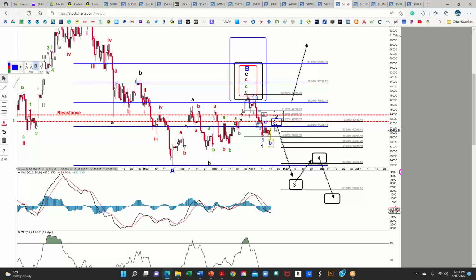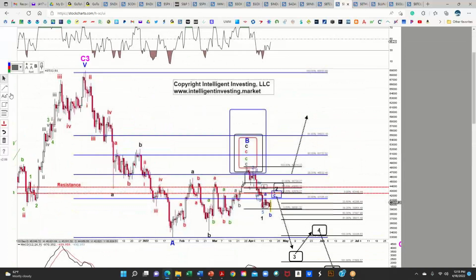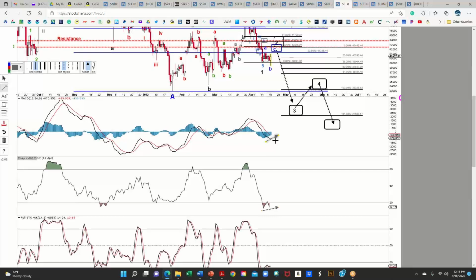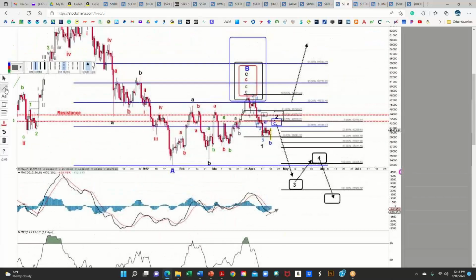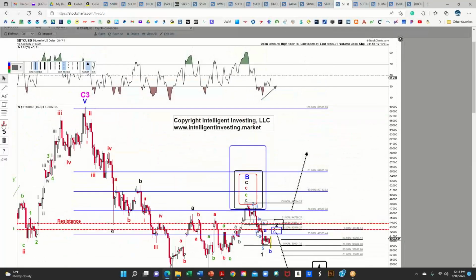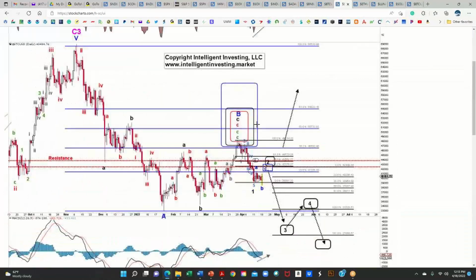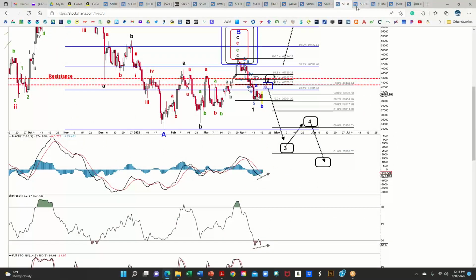As long as we hold today's low, we can move higher for this wave 2. If we start breaking, I would say, above 46, 47,000, something else might be going on. I don't see that just yet. What I do like here, similar to the other indexes that we looked at, is that we might start to see a little bit of positive divergence. But divergence is only a condition. It is not yet a signal. Now we need to see price develop on it. Looks good. So those are the minor tweaks that I mentioned. Very minor tweaks, nothing out of the ordinary.